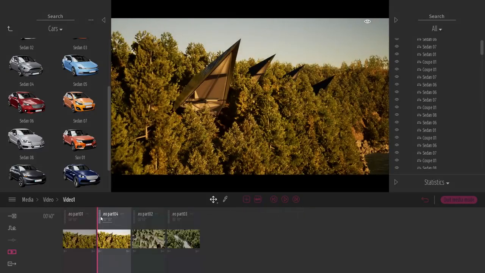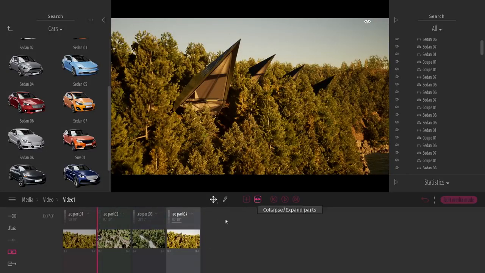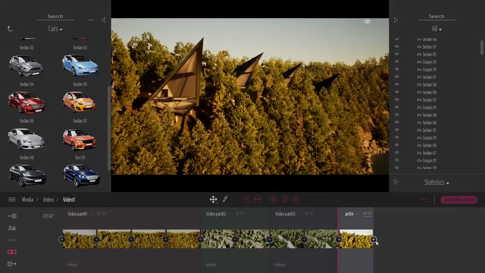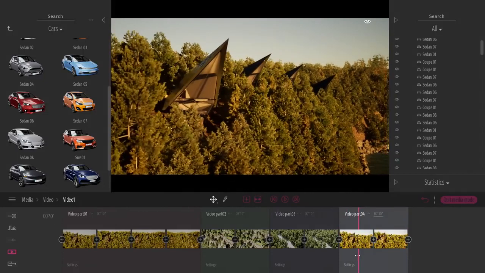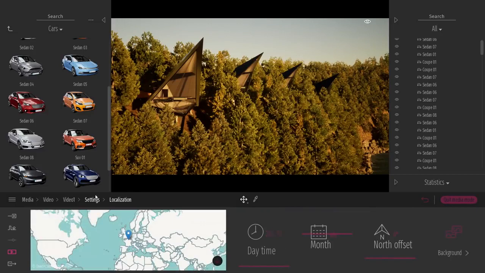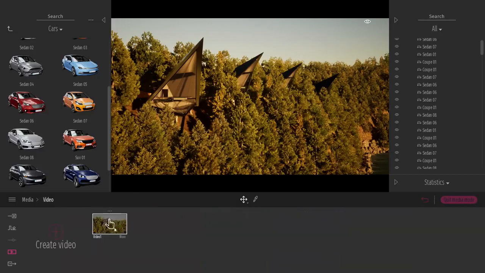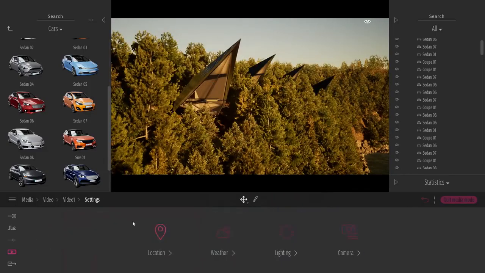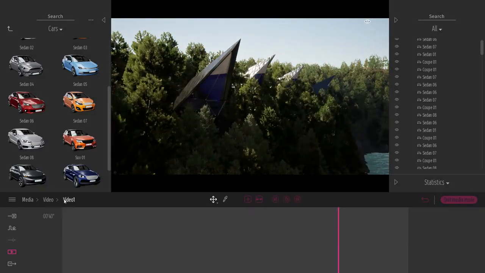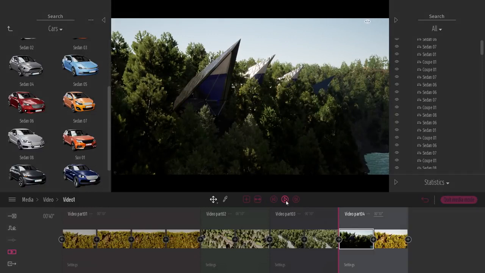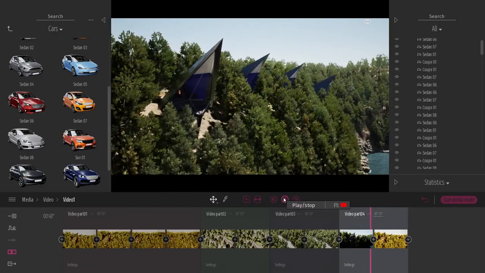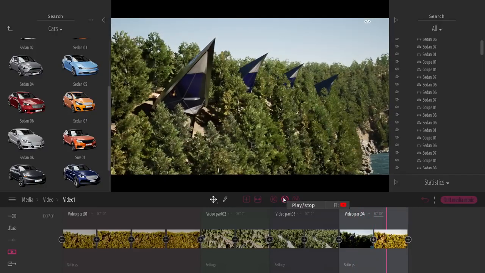So here I just created a fourth part. I will just put it at the end. In this part, I will just make two keyframes. So I have just this nice movement. On the last keyframe, the time is set at 9 p.m. That's fine. On the first keyframe, I will just put it in the morning. And now Twinmotion automatically creates the time evolution. There is nothing else to do. The first keyframe is set to morning, the second is set in the afternoon, and Twinmotion automatically creates the animation.